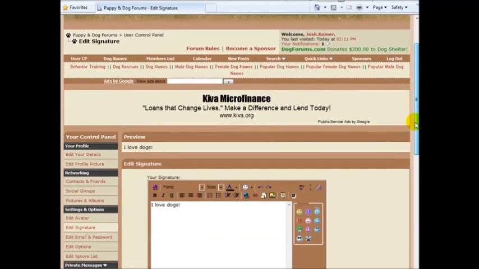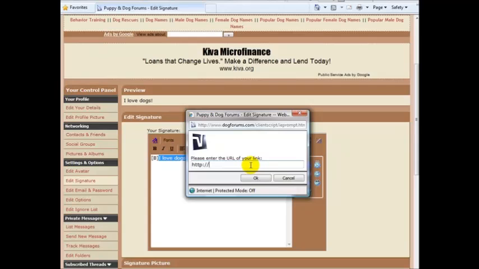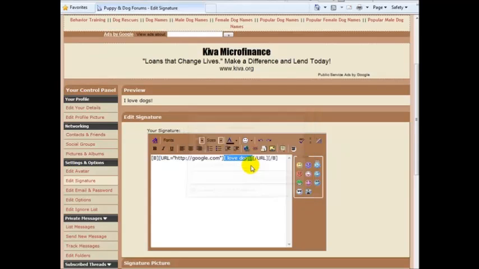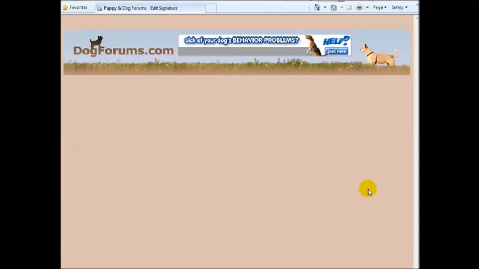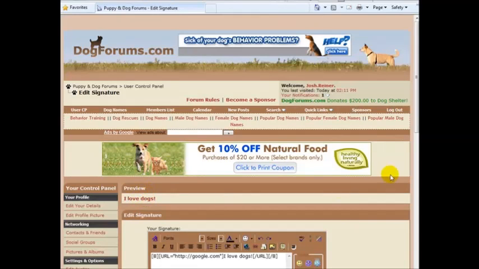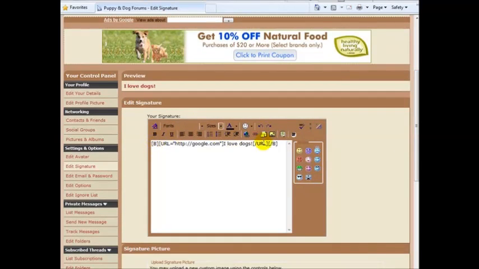So what goes into making an effective signature? And also, how do you make the signature look different? Say you want it to be bold, or you want it to link to something. What'll happen is, let's see, I just bolded it and I have it linking to Google. Let's preview it. Okay, you can see there now it's clickable. What'll happen is oftentimes the forum will have little buttons for you, you can just put your text in, and then you can bold things,